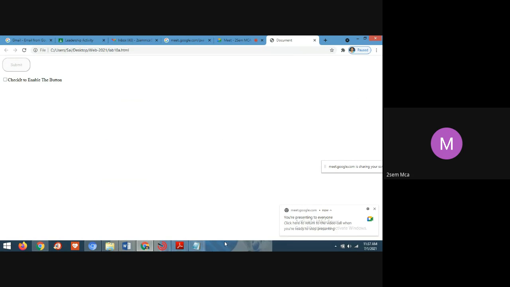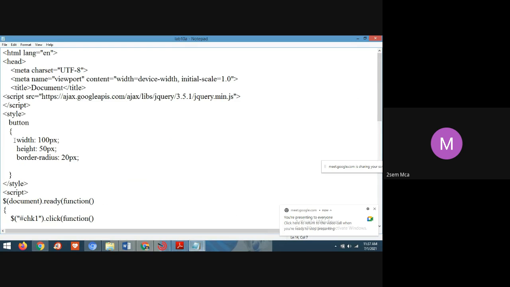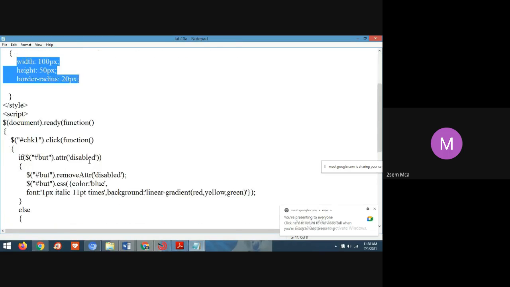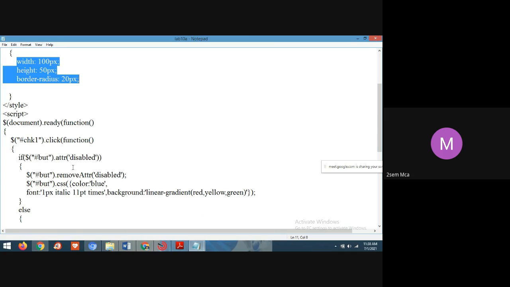Why it is bigger is because here he has defined the style, the width and the height of a button, and the border radius 20 pixel. He has defined the style for the button. And coming to the jQuery program, to disable we have a method, that is the disable method.